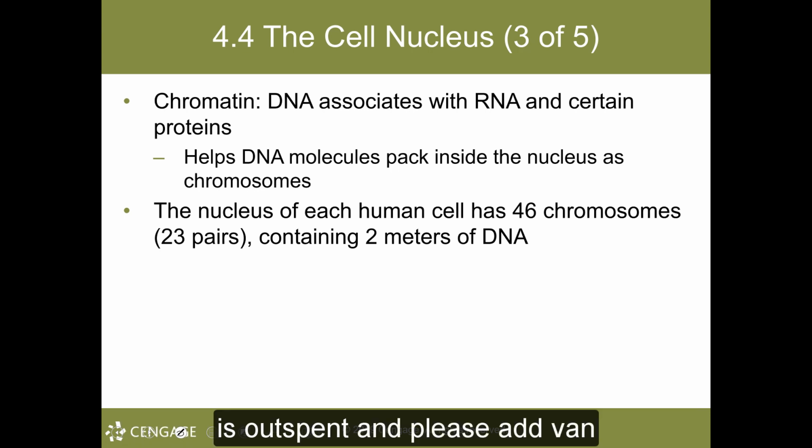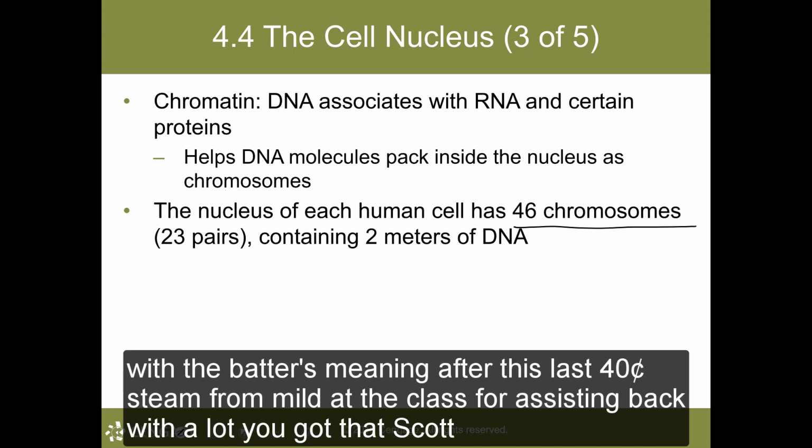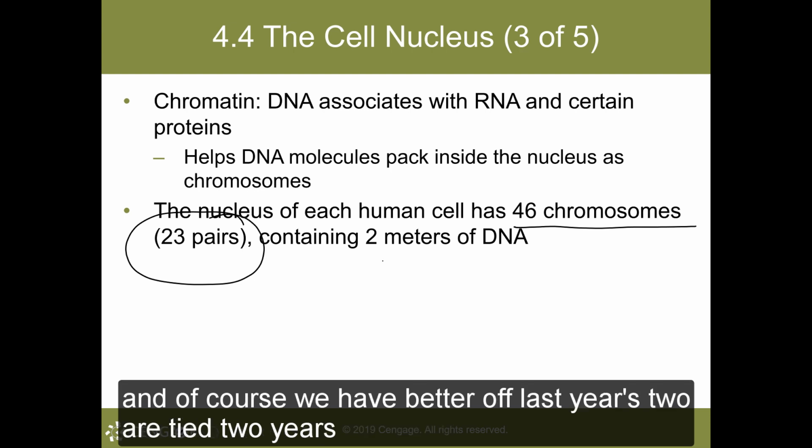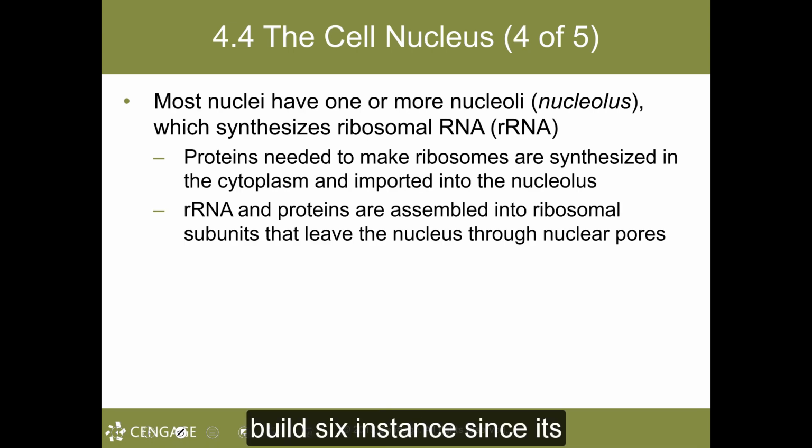And then for division of cells, the chromatin, class, is condensed into that chromosomal state. And in us, class, there are 46 chromosomes, 23 pairs, meaning half of this, class, 46 came from mom, and half of that, class, 46 came from dad. Whoever they are, whether you know them or not. That's how it happened. And then, of course, we have that approximate, class, yes, 2 meters of DNA. That's a lot. Billions of A's, T's, G's, and C's.